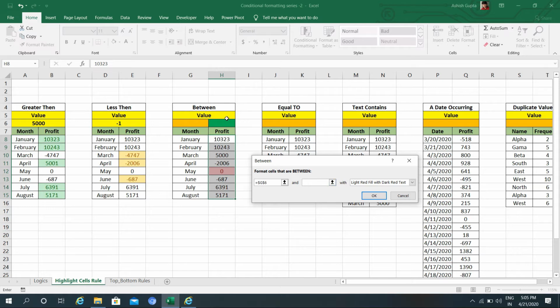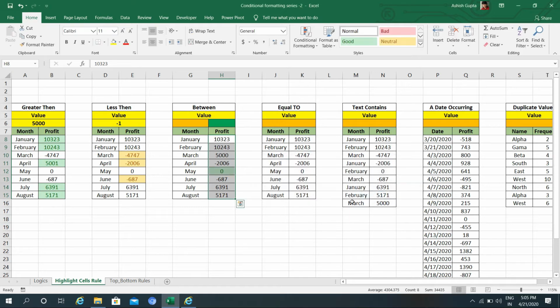I will give a reference to this one, select color green and click OK. If any value is between minus 1000 and 10,000, it will highlight those numbers in this area.